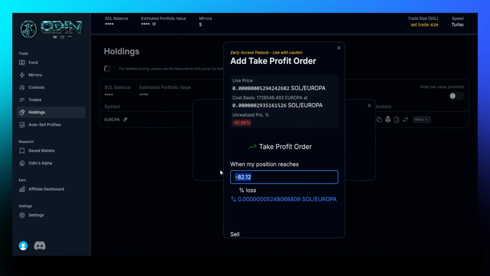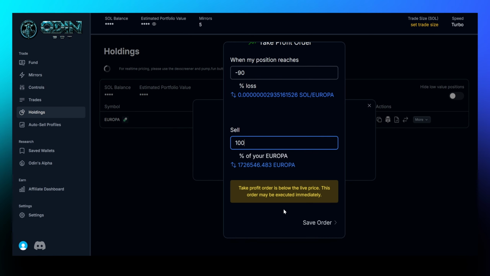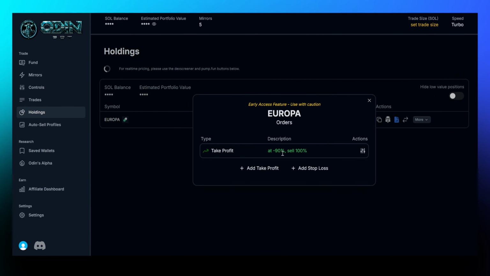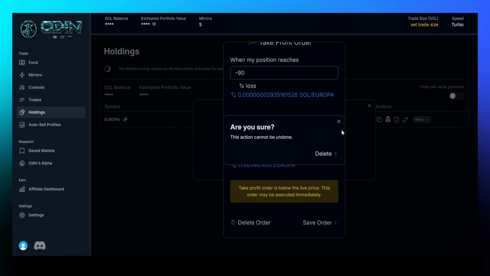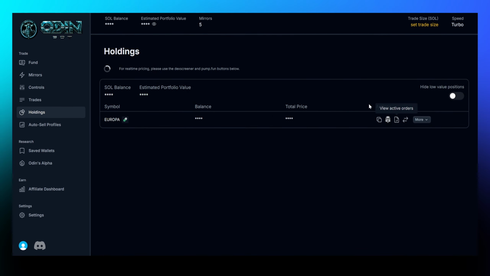And let's say that when it hits minus 90%, I want to sell 100%, right? So if I click save order, this is going to trigger a 100% sell whenever the token reaches minus 90% of its original value. If you want to delete it, just click here on delete order, and same thing applies to the take